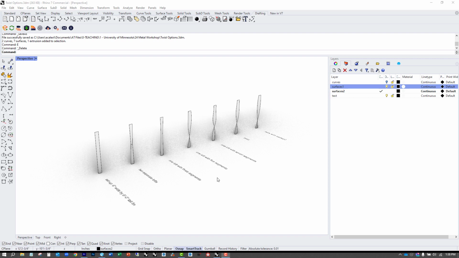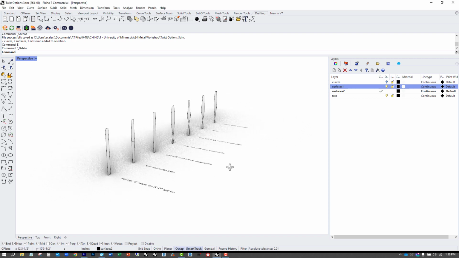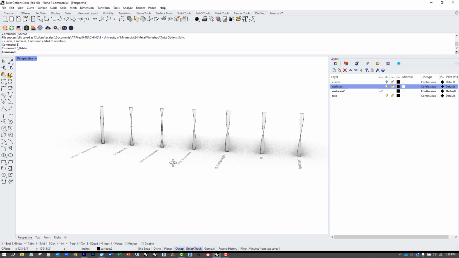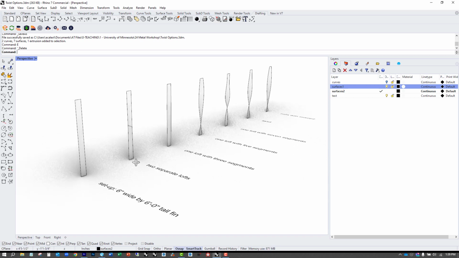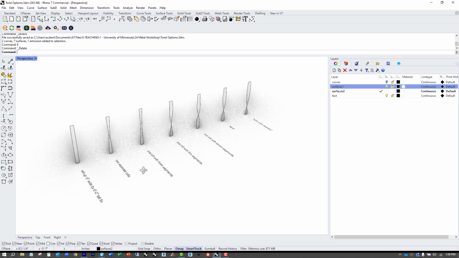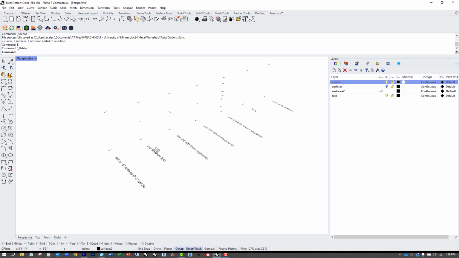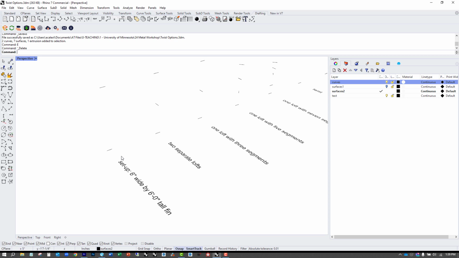Hey, here's a quick video about different options for how to do twisted surfaces in Rhino. This seems to come up a lot, so I thought it would be worth doing just a quick demonstration on this. So the way that I'm going to do this is we're going to start with a 6-inch wide by 6-foot long